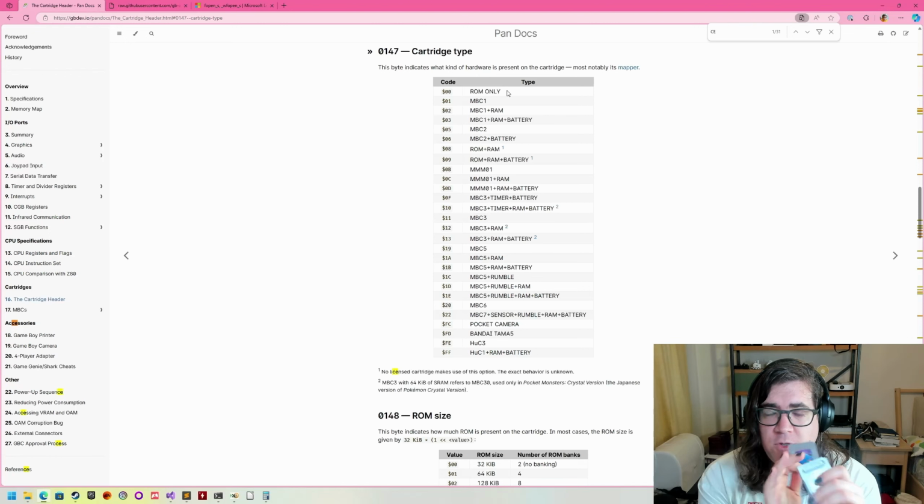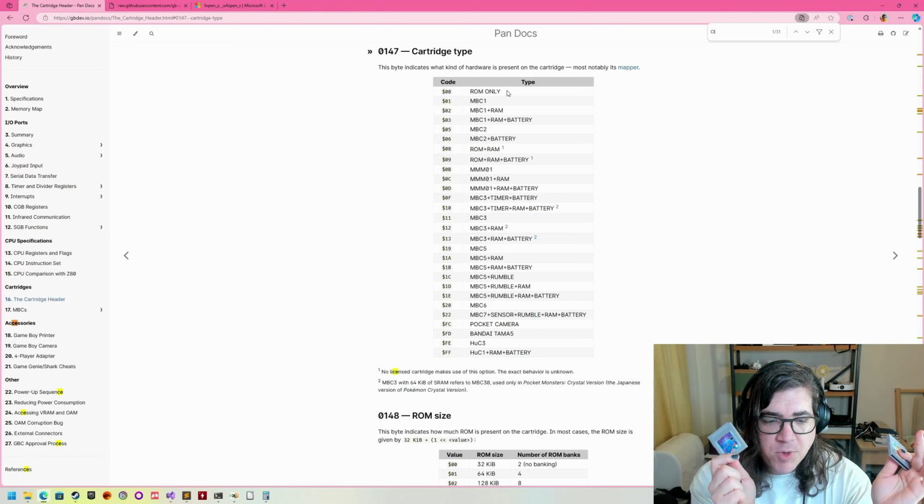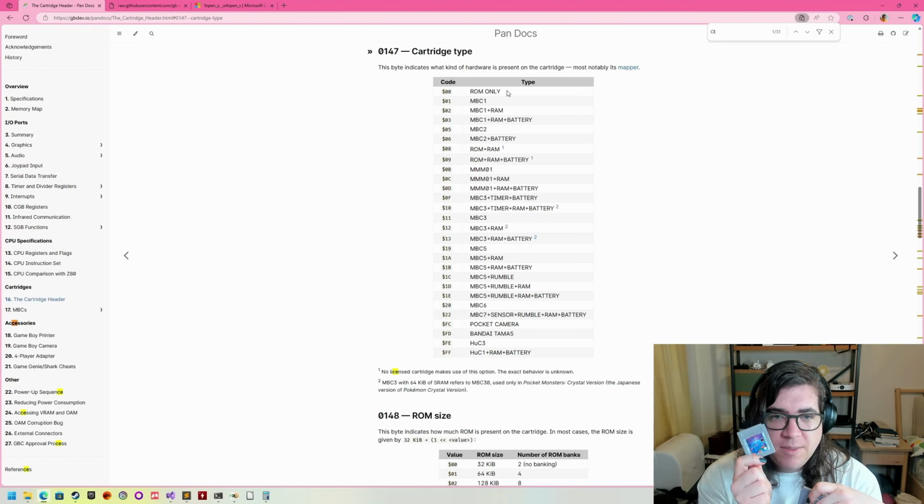It's just a simple chip, no controller, nothing else, very simple logic. It's just one chip, and that's all the data the Game Boy can address, like 32 kilobytes. Some games, however, were a little bit larger, so how do you fit them in there, right? If the Game Boy only recognizes 32 kilobytes,